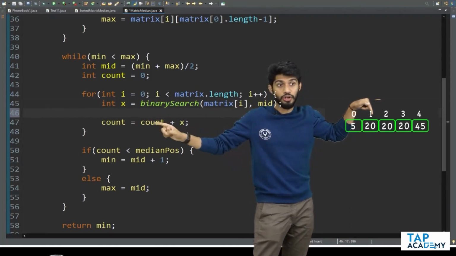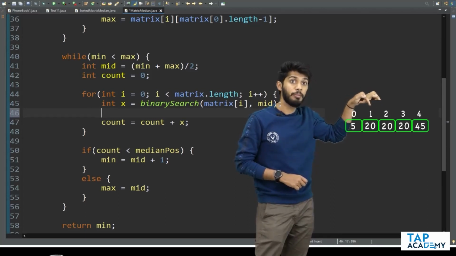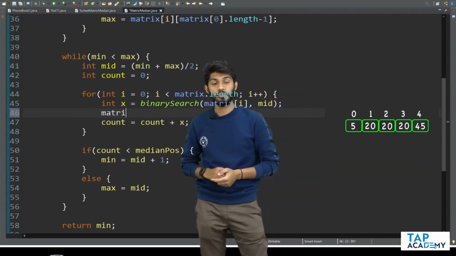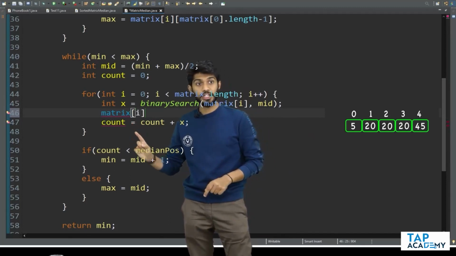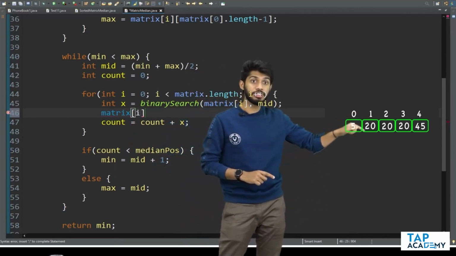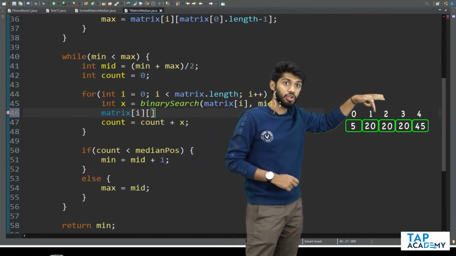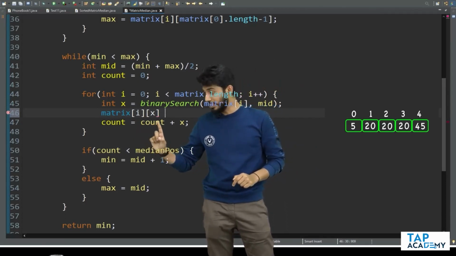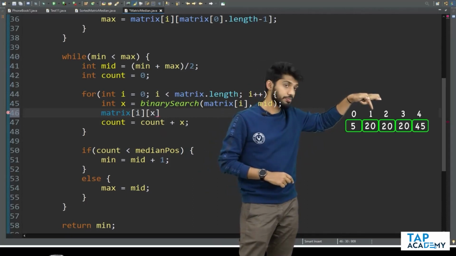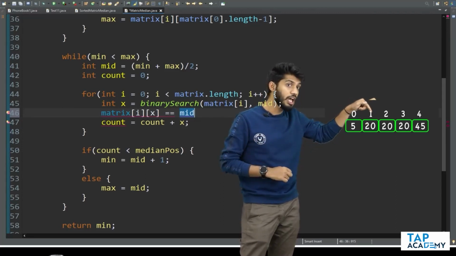Now over here, I will check the value present at this particular index, that is nothing but matrix of I, since I need this row. So matrix of I would give me something like this. Now I will check matrix of I, and the x value is nothing but this particular index, that's nothing but 2. So I will say x. Now matrix of I and x, is that equal to the mid value is what I will check. I was actually checking for the mid value. Yes, it is equal. In case it is equal, I will just increase the